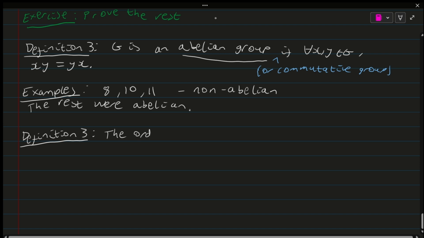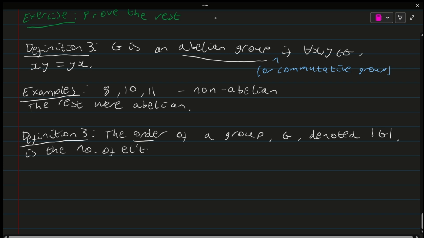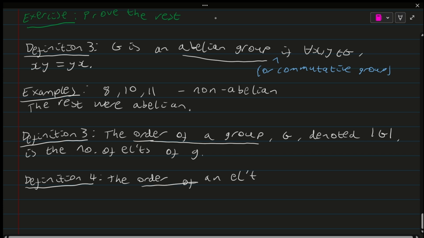So the order of a group G, denoted bars G like this, is the number of elements of G. And definition 4, the order of an element g in G, which we denote by this little o of g, is the least positive integer n,